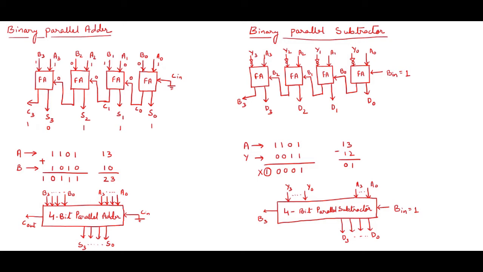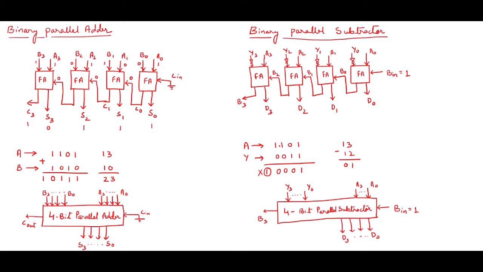Now let us see the circuit. Here also a full adder, so 3 input pins A, Y and B, and 2 output pins, D0, which is nothing but S0, but because this is a subtractor I have named it difference, D0, and the carry I have named as borrow, B0. Now in the C in of the full adder I had grounded, but here I am taking B in as 1. And you can see the second input, the Y, is not directly into the full adder but through a NOT gate. That means I'm complementing the value and then entering it into the full adder.